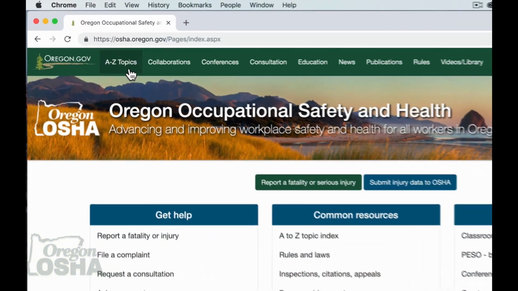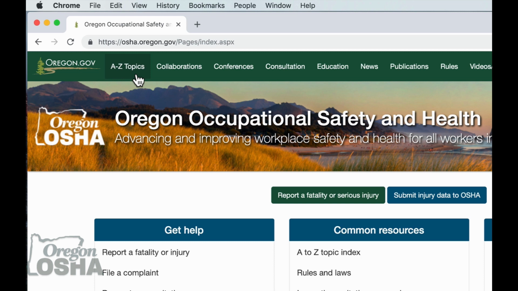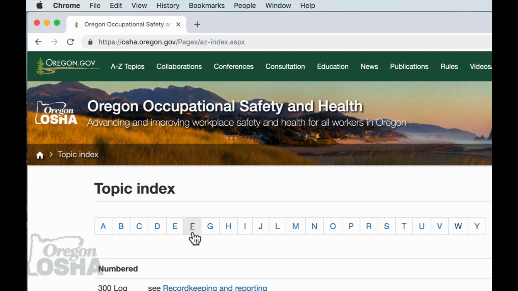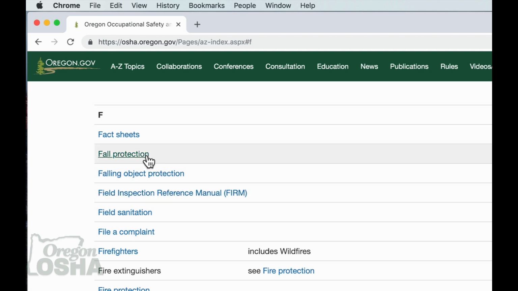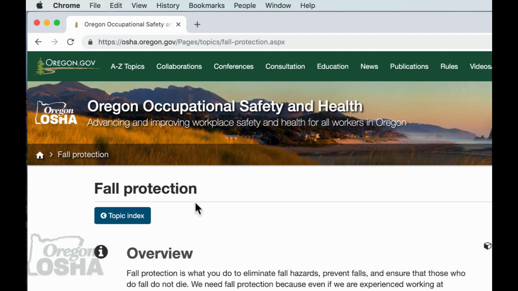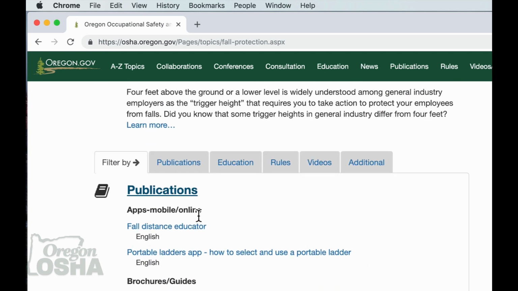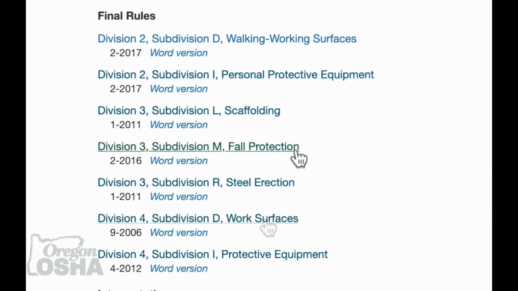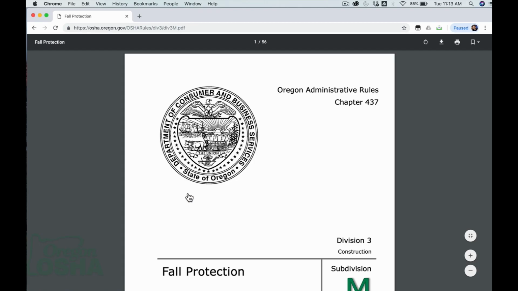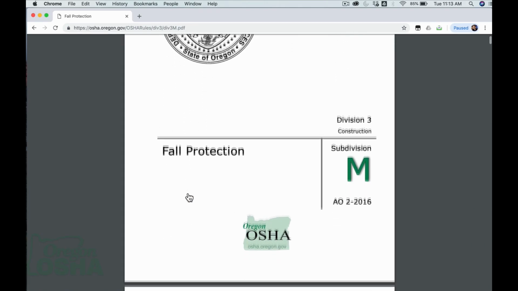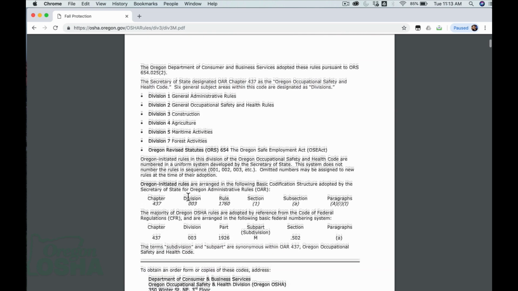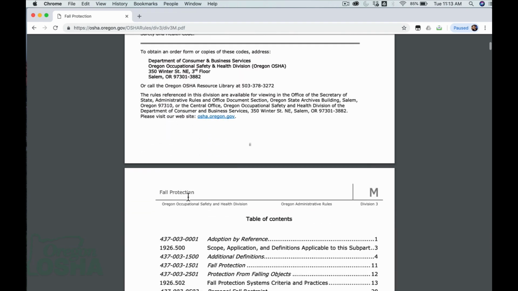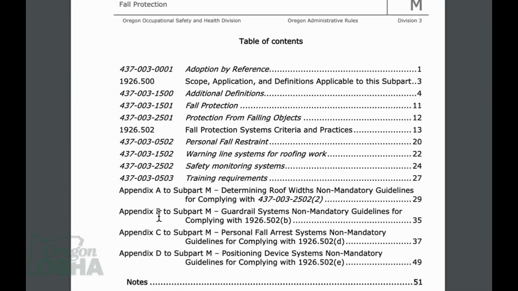osha.oregon.gov. Once the page loads, click on A to Z Topics in the top left corner. The go-to standard for construction is Division 3, Subdivision M, titled Fall Protection. This 52-page document is a critical building block for many companies' safety programs because it outlines the specifics for most